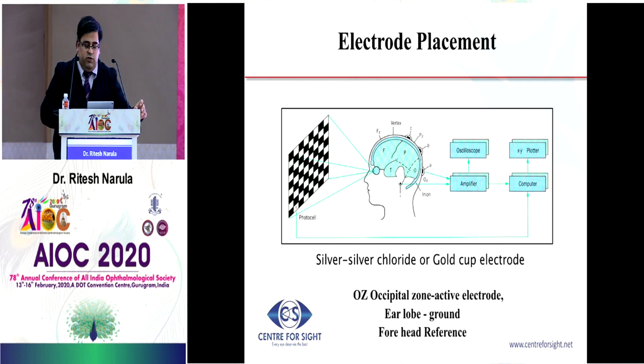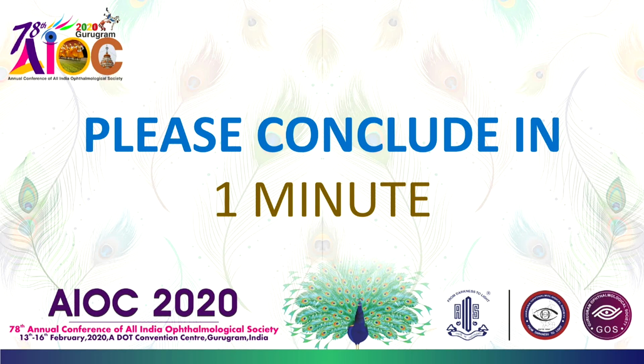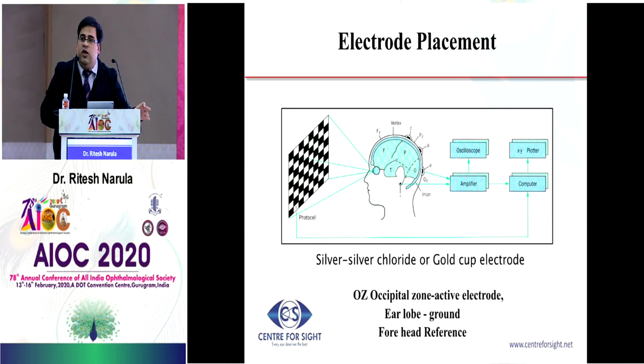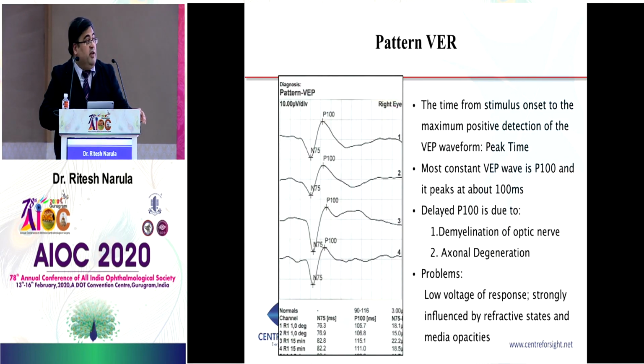It is mostly used when you are trying to check whether this particular patient has some kind of visual pathway function or not. It cannot really localize any lesion. It just tells, okay, if I start the current at point A, it is reaching the end point. It doesn't help localizing the lesion. Pattern VEP is more specific in that way. It is more useful in picking up conditions like optic neuritis and demyelination.